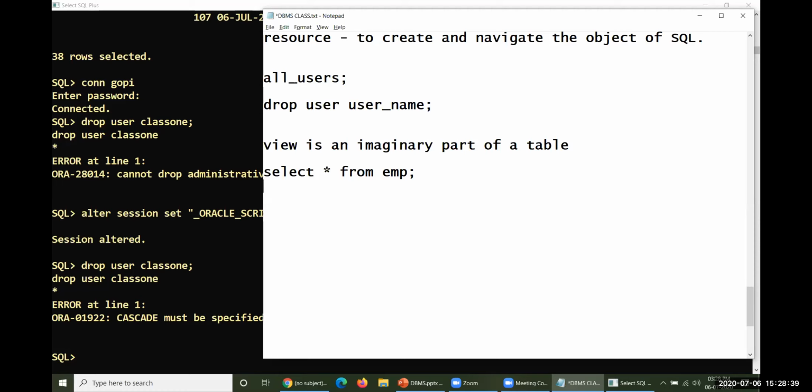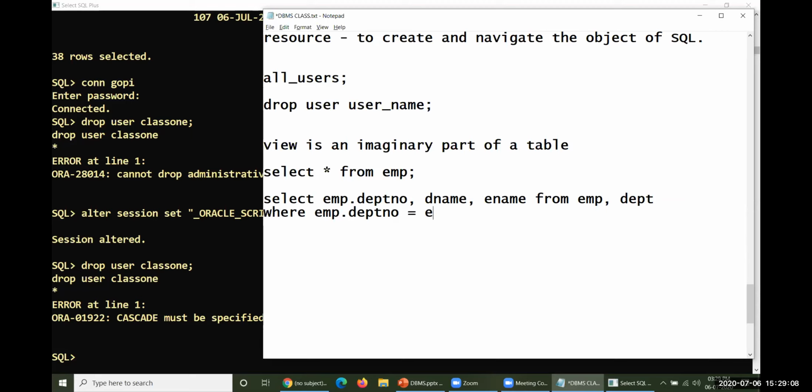And if you write a join on EMP and DEPT, you may write something like select EMP.DEPTNO, DNAME, ENAME from EMP, DEPT where EMP.DEPTNO = DEPT.DEPTNO. If you take something like this, obviously it gives you some output.